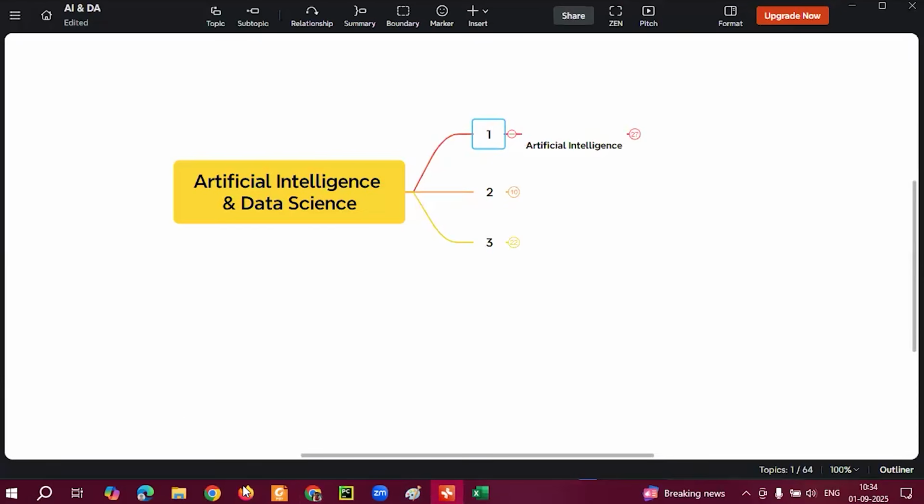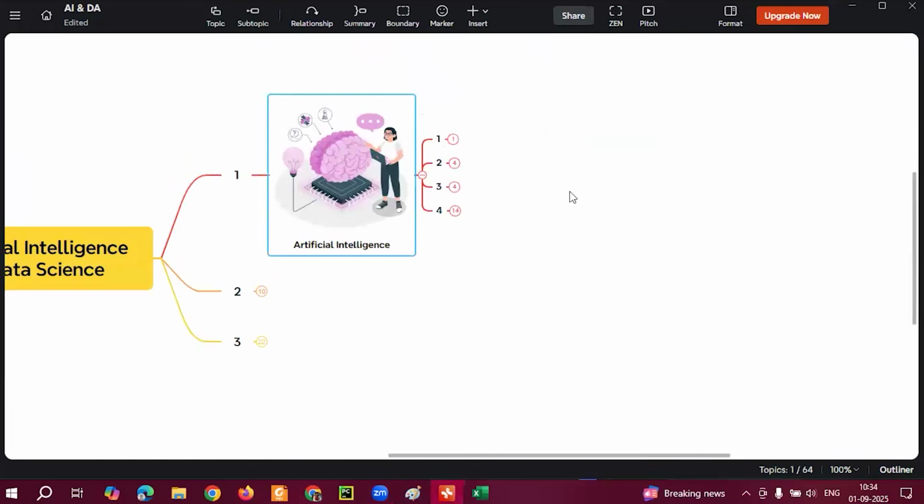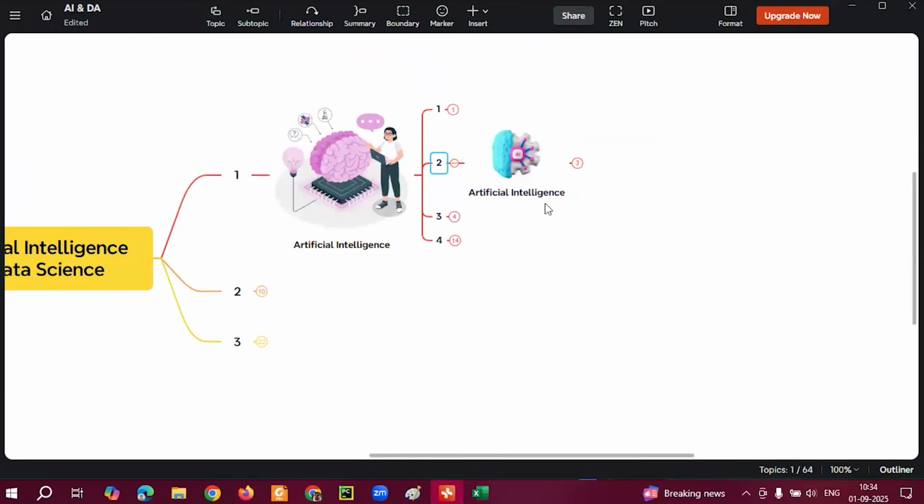Here, artificial intelligence. There is a concept called AI, which also plays a major role, guys. As part of AI, let's select artificial intelligence. Artificial intelligence in the sense, observe: at the time of birth, as a small kid, we don't have much memory. We don't know anything. We are just small kids.